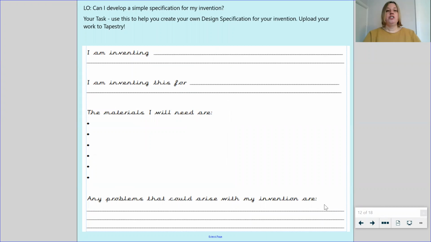So, your task. You need to use this sheet to help you create your own design specification for your invention. If you need to recap, you can go back in the video to help you. I am inventing. You need to think about what you are inventing and why you are inventing it. I am inventing this for. Who would use